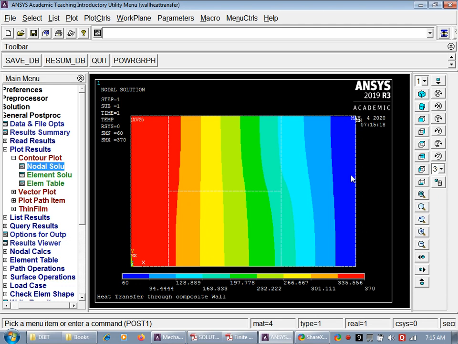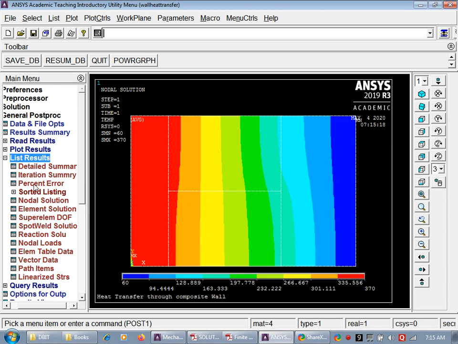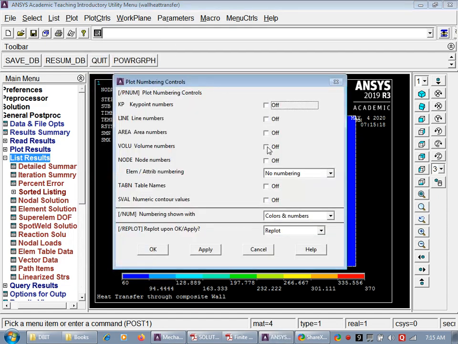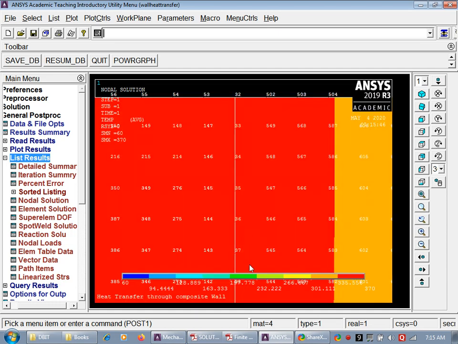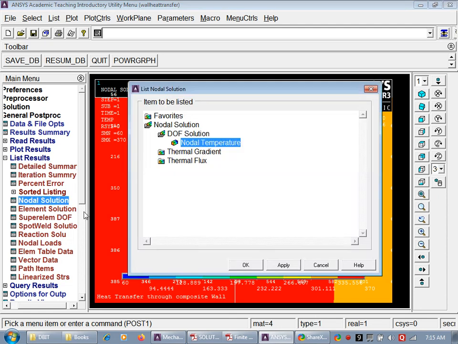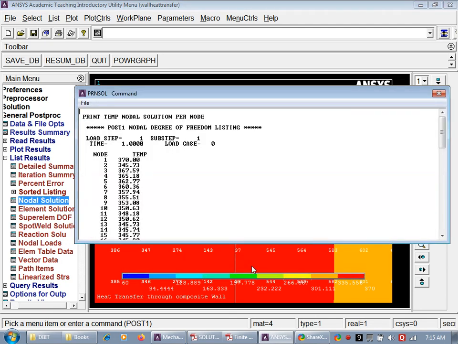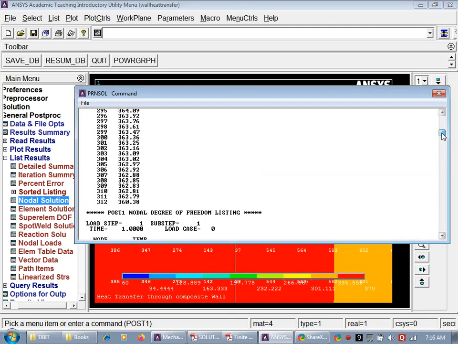370 to 60, and you can also list the various results. In this, if you want, you can switch on the node numbers so that you get to see the nodal degree of freedoms. Now since we have a large number of nodes, you can box zoom and try to see which node numbers are there, and accordingly you can view the results in list results, nodal solution, nodal temperature, and this is the temperature distribution across all the nodes.